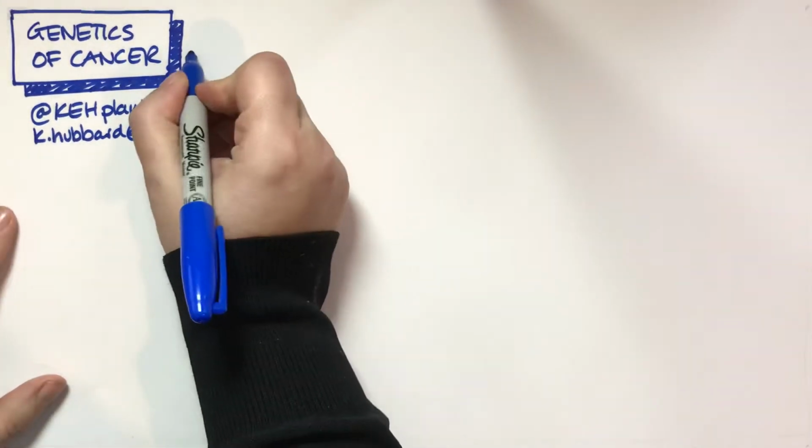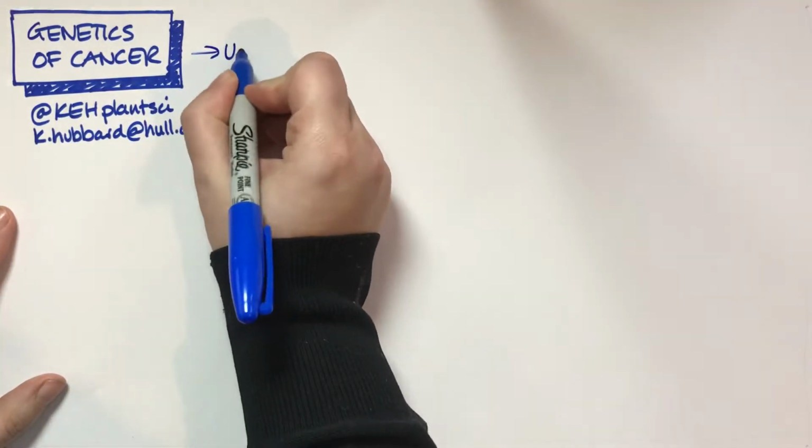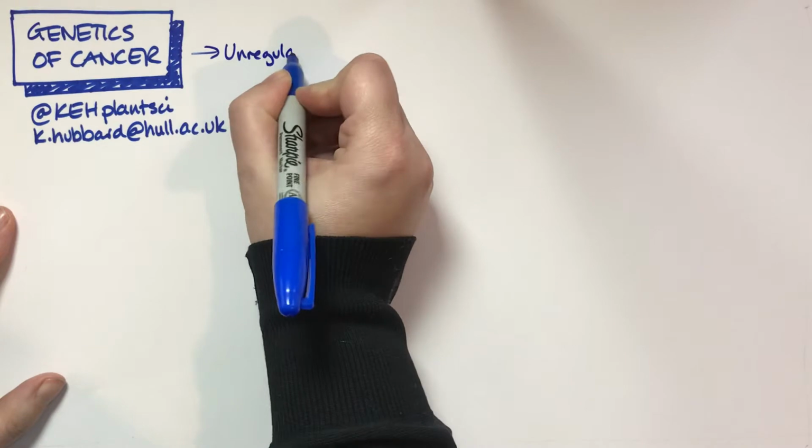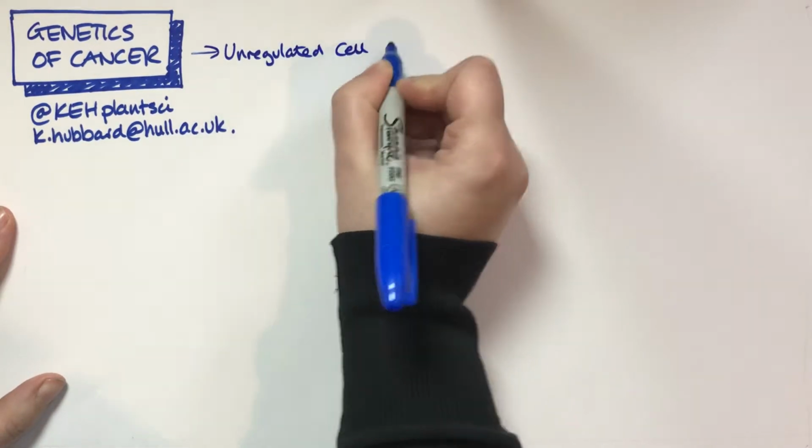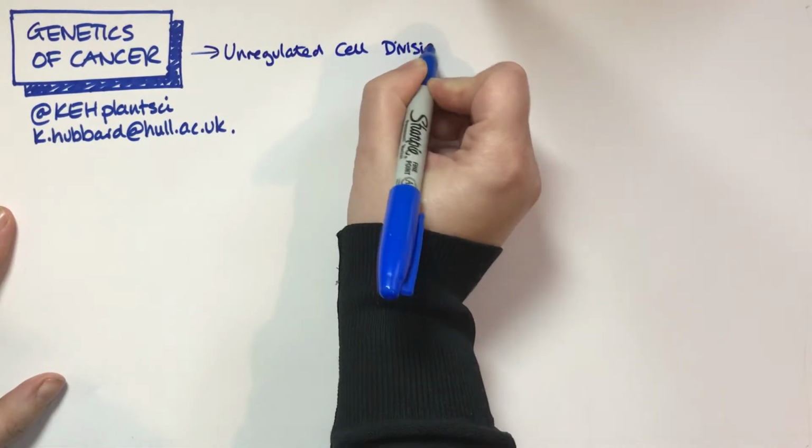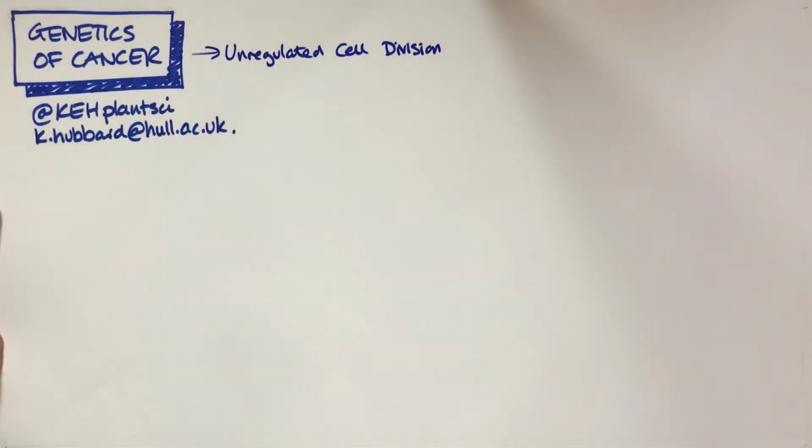So this video is going to give you an overview of the sorts of genes and mutations that are involved in the generation of cancers. So cancer is fundamentally a disease of unregulated cell division. That's why you get tumours: cell division gets out of control, it's not regulated properly, so